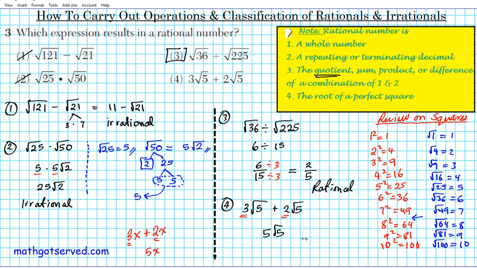5 root 5. As you can clearly see, this is irrational also because it doesn't fit any of these descriptions here. That square root component there shows that it's irrational because you're not taking the root of a perfect square. 5 is not a perfect square. If you look at the list of numbers we have here, do you see 5? No, 5 is not there. So 5 is not a perfect square. Hence, the square root of 5 is an irrational number. Alright, so the answer to question 3 is option